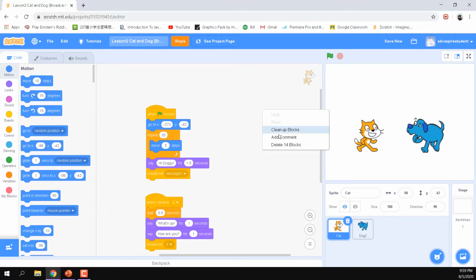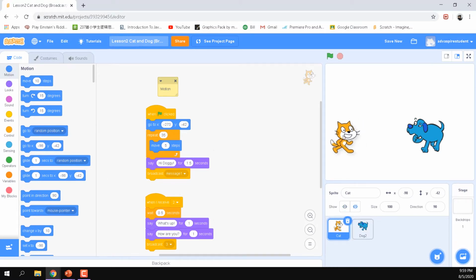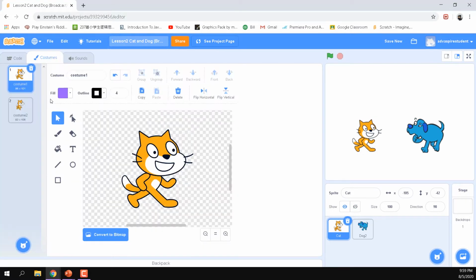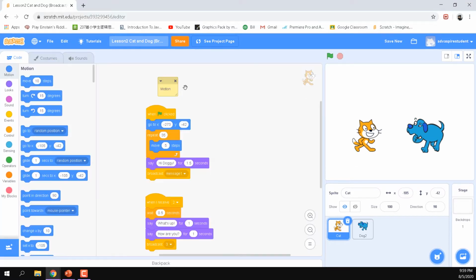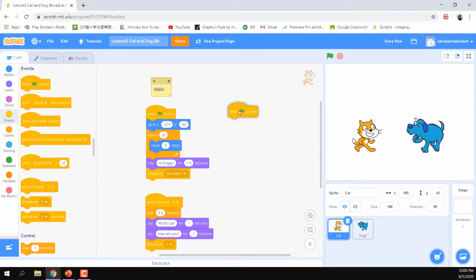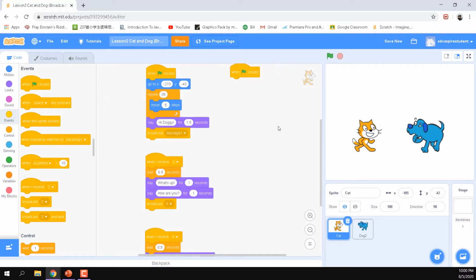This is the motion. I will add a comment. This is going to be motion. What I mean by motion is the movement of the character, or you can say the movement of the object. So the motion is like this, but the animation, I'll put it like this. Animation is to make the cat move its body. So now I'm going to create another thing. I'll make it simple, so this is the first step when he says the first words, and moving downward for the next conversation.